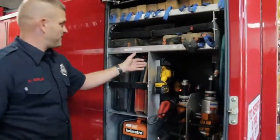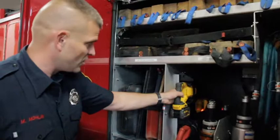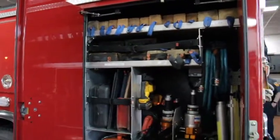We also have many types of saws that we use, just like the axe that we keep up front, used for chopping or cutting or helping us break through stuff, even doors if we have to. Anything that we need to help in any situation. Back here,